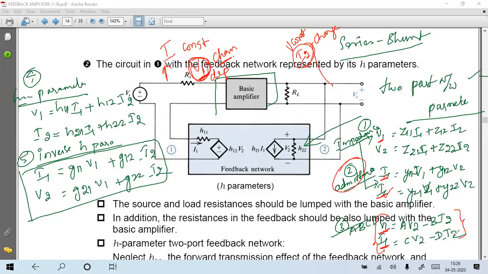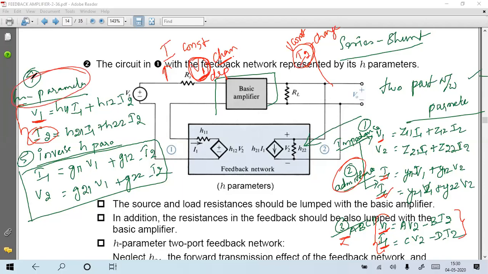Next, the H parameter, you see. In the ABCD parameter, both are input side changes and dependent. Input side V1 is dependent and I1 is also dependent. But here it is not like that. In our case, the current is the same. Input I1 is the same, but only V1 changes. So the third is neglected. Fourth one, you see: input side V1 is dependent, V1 changes, and the output side current changes. So now our feedback network is related with this H parameter.